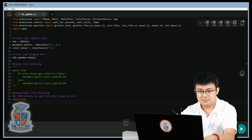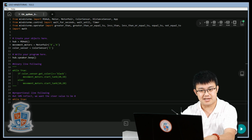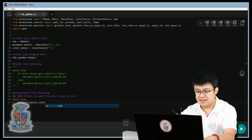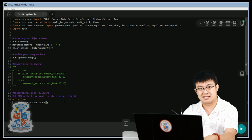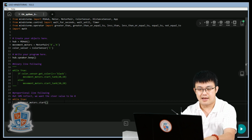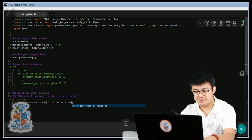So while true, we don't even have to have an if-else block because we're not doing proportional line following. We just say movement motors dot start, and normally if you don't put in any arguments in there, it just moves straight, right? That's because the default value is a steer value of 0. But instead of setting the steer value of 0, I want to make it so that it is the reflected light intensity. So color sensor dot get reflected light